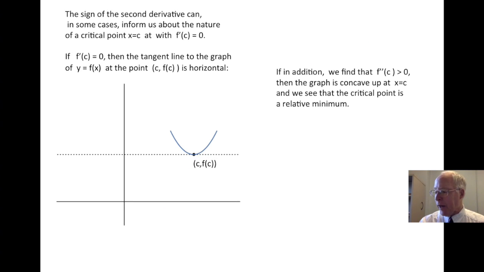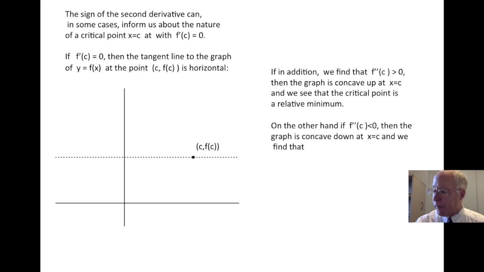Move on to the next slide. You see the official picture. There it is. That's what the positive second derivative means. We have concave up near the point c, f of c, and that can only mean that that horizontal tangent corresponds to a relative minimum. And of course, for second derivative negative,